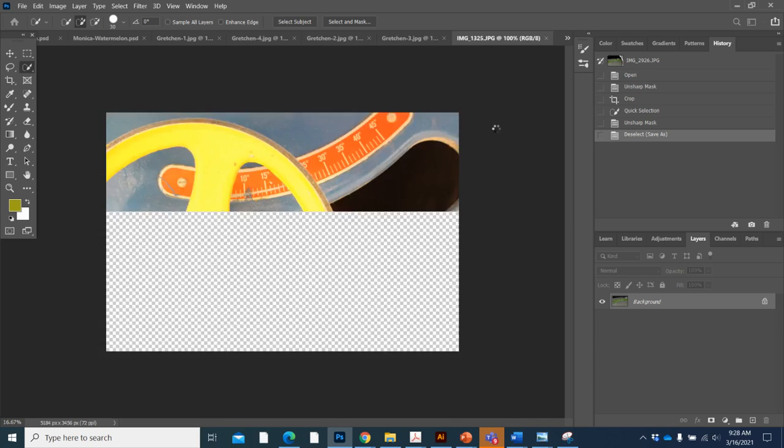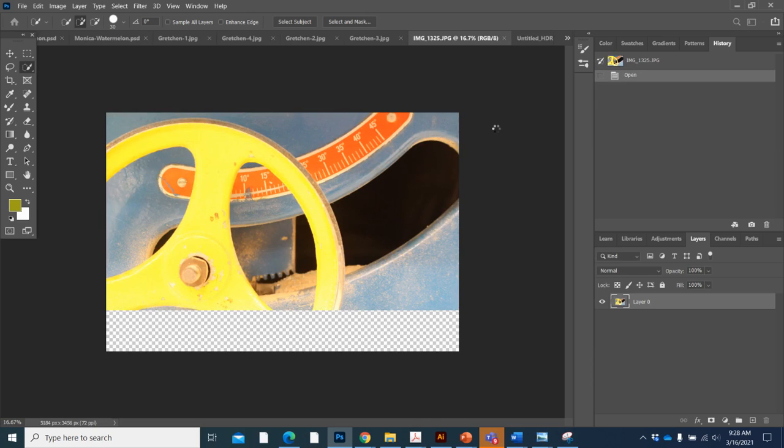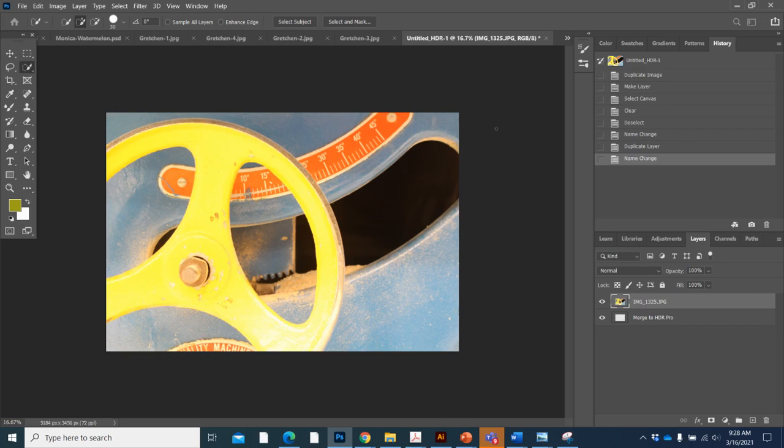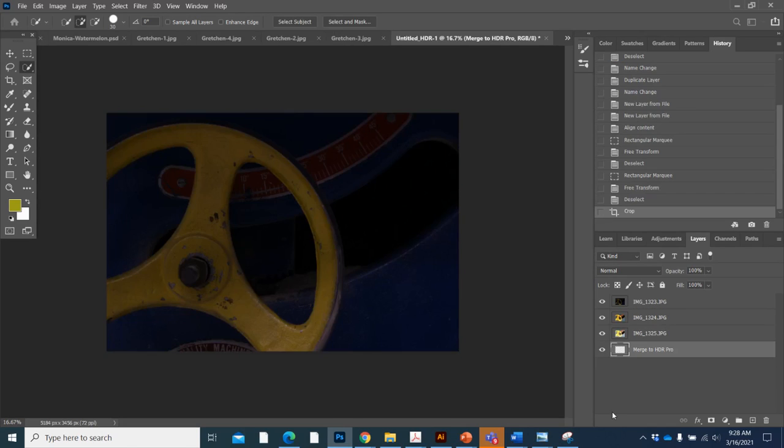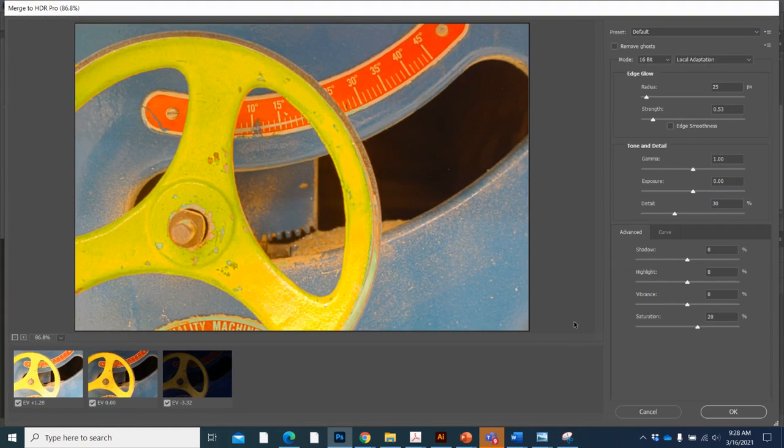So this is going to merge all three images together, and it's going to open in an HDR window. So sometimes that takes a second, and you can see some things happening in the layers over here. So just be patient and let them load. You can see the wheel's still spinning, so things are still happening. Okay, so this is a combination of all three images,